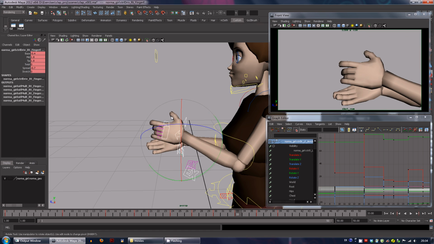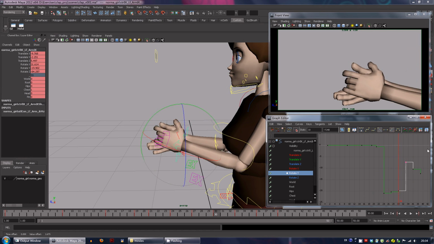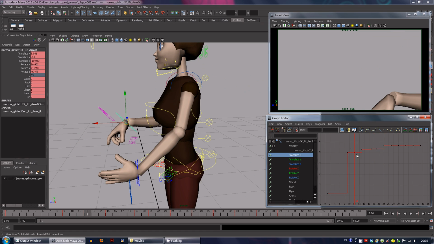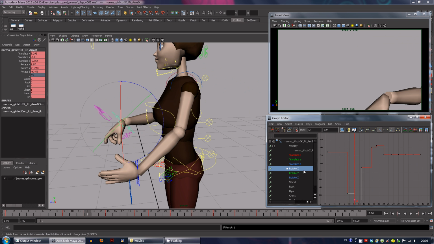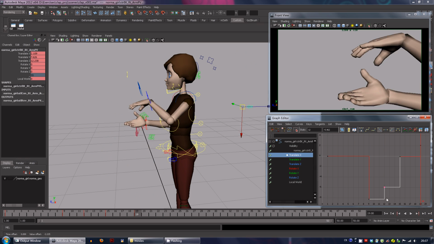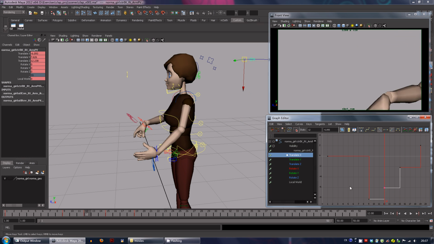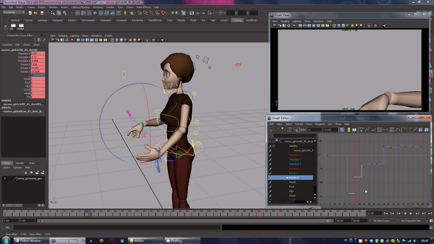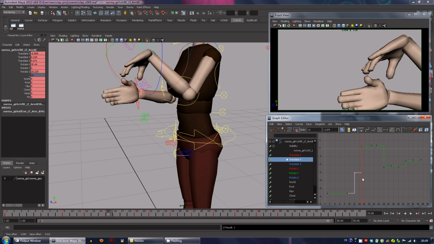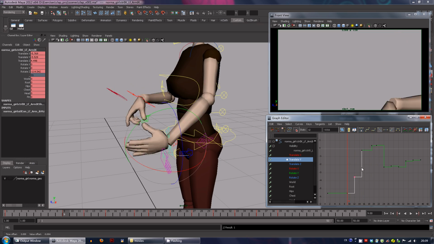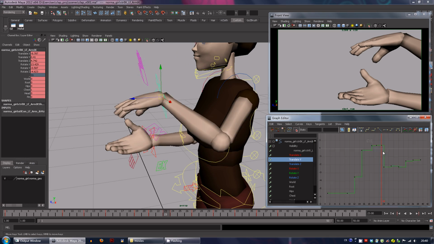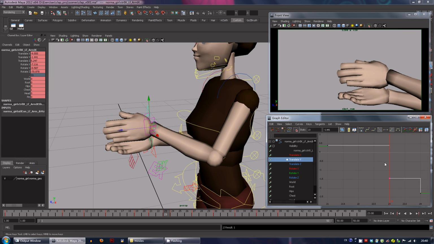So now you see that we have just a rough version of the movement, and you can already get a sense of movement because we have the things that describe the motion. We have enough information in there for us to see, oh yeah, she's clapping right there. So anyway, after I describe the movements enough and get the breakdowns enough, maybe every 2 to 3 frames, maybe even every 1 frame, I have a key,